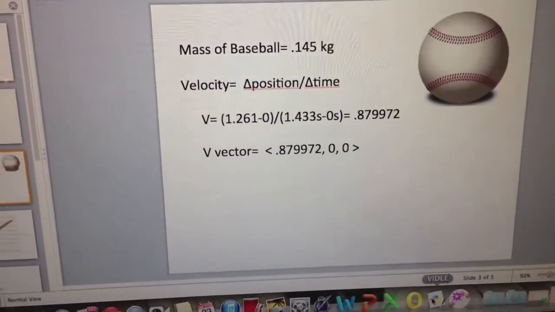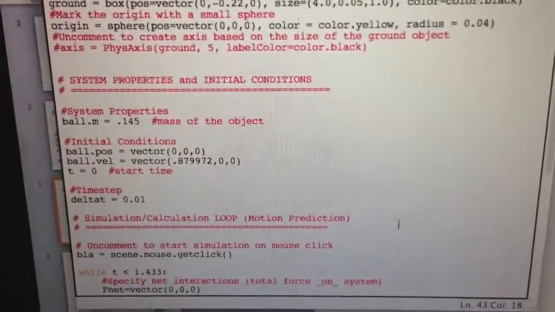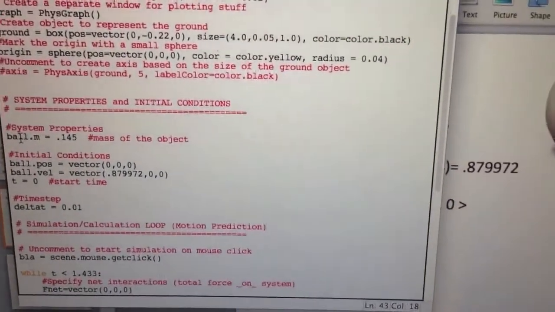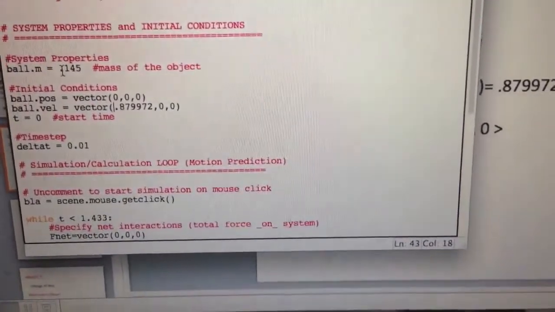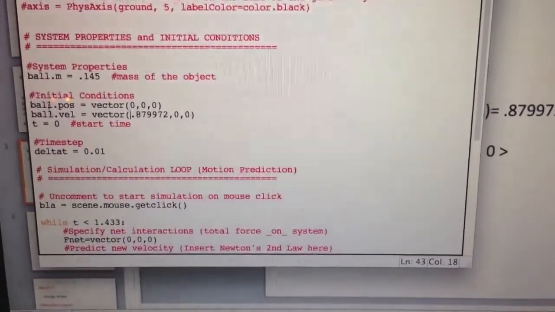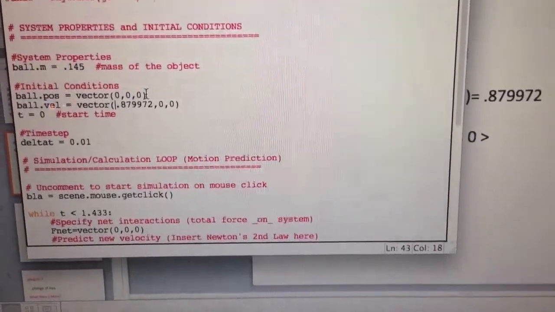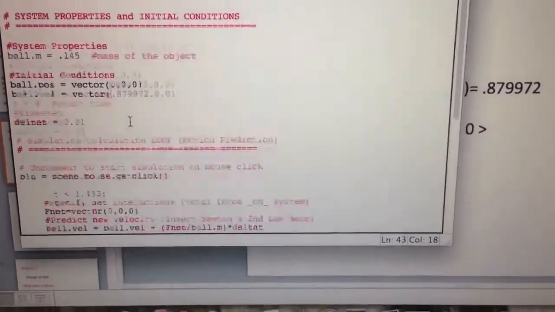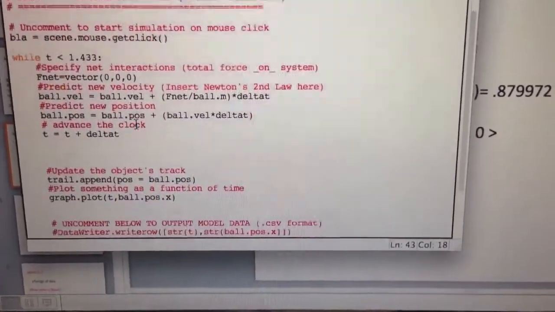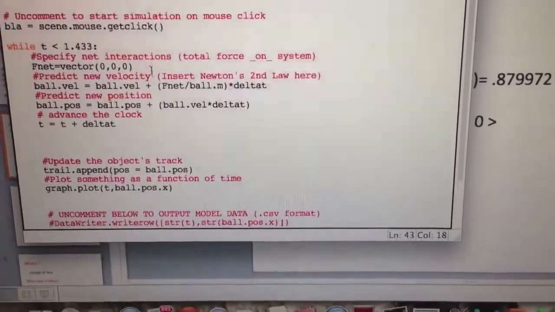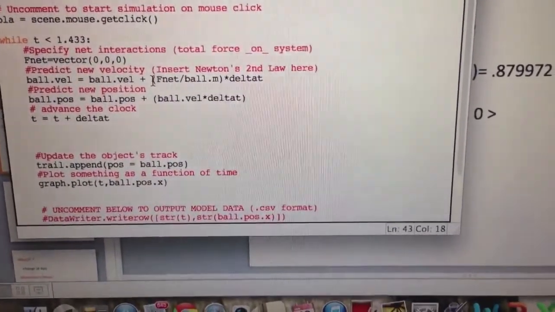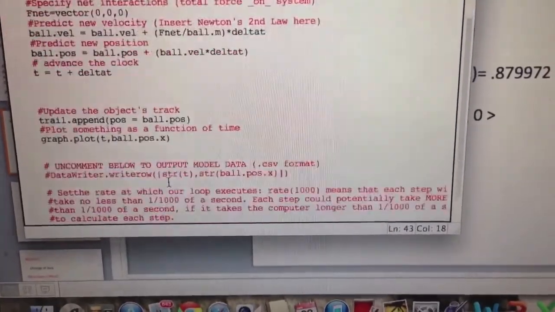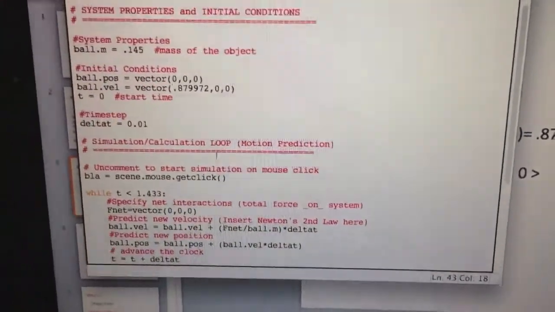So if we go to Python, we see that we have our initial set, and the ball mass is 0.145, the initial position being the origin 0, 0, 0, and our ball velocity being 0.879972. We're going to start at time 0, and right here, because our net force is 0, our final velocity is going to be equal to our initial velocity. So if we run this,